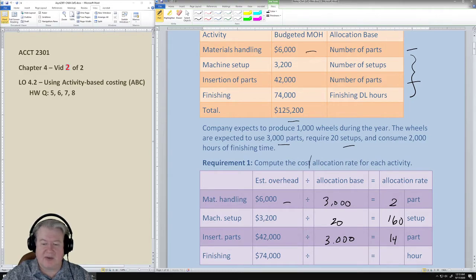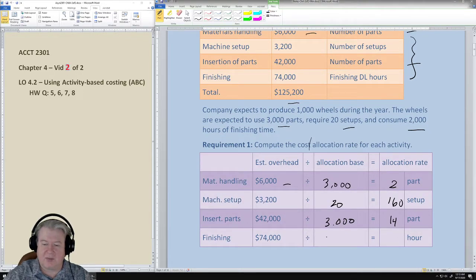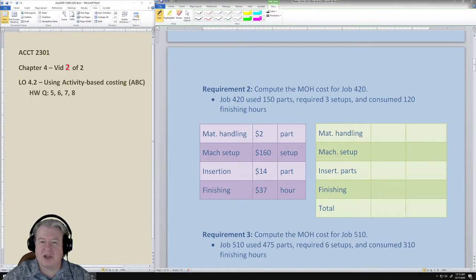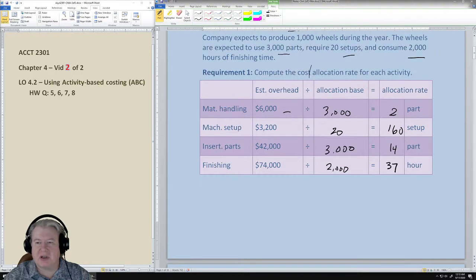And then finishing, 74,000 divided by, well, that's 2,000 hours, right? So that's the allocation base for this. So if you notice, we have, and that's 37. We have all of this manufacturing overhead, but we're going to divide it up according to these 4 different pools and apply it. Okay, so we have a couple of jobs,